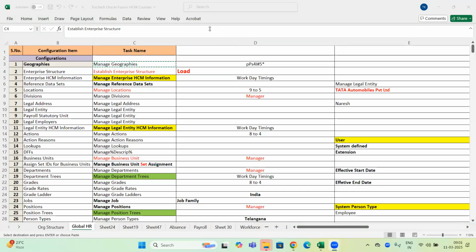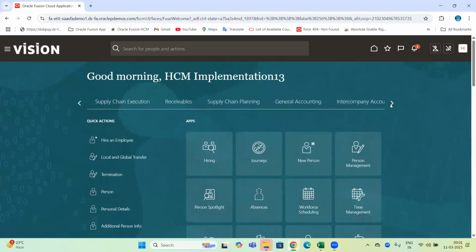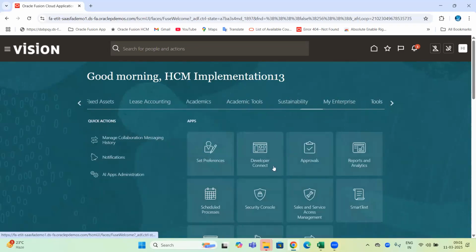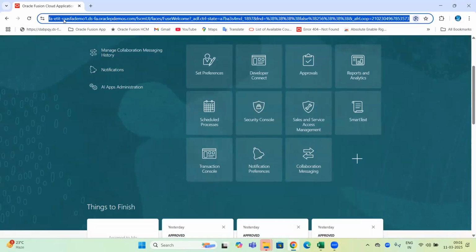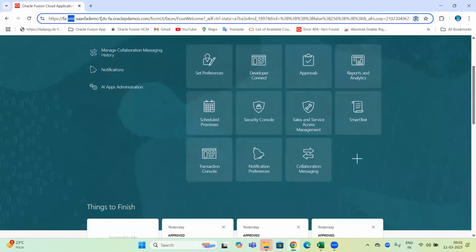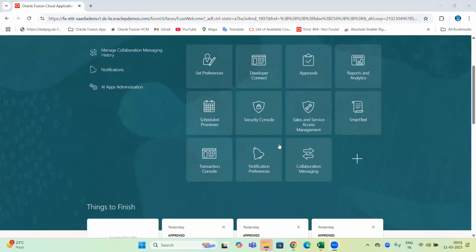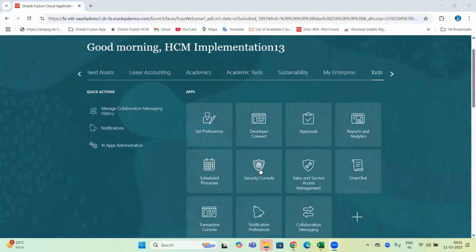Good morning. So, Mr. Kumar, actually, I was trying to do the assignment that you have given, right? Mhm. So in that, when I'm trying to go into the user roles, there is a question wherein user access control we need to configure. In this demo instance, I'm not able to find that user access control. In demos only we have the access, no security console. Under tools, we have this. HCM lab is given to you. You have security console here. Yeah, security console is there, but you asked us to